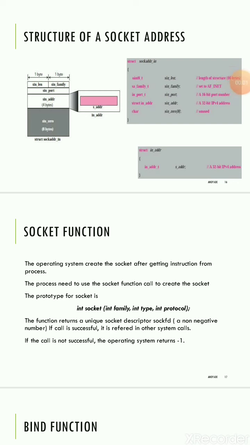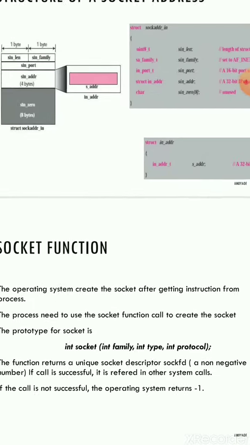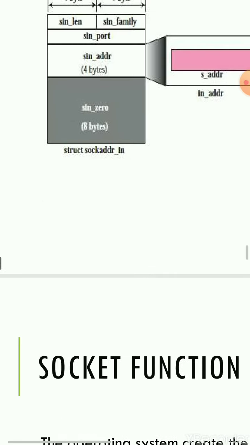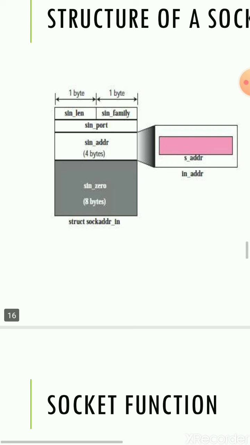The next part of the client server protocol is the structure of a socket address. What is the structure of a socket address? We already saw the normal data structure. In that also, five parameters of the socket were shown. Even though we will discuss it, there is one more detailed structure. I will zoom in a little here. These are the five parameters of a socket address, or the structure of an address, and what they define. We will brief a little upon this topic.